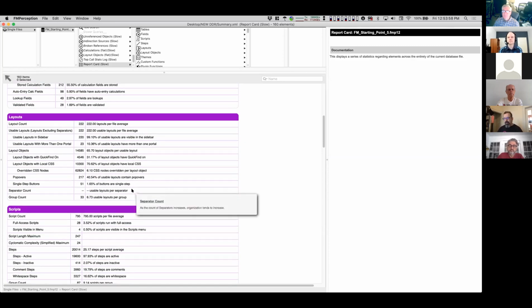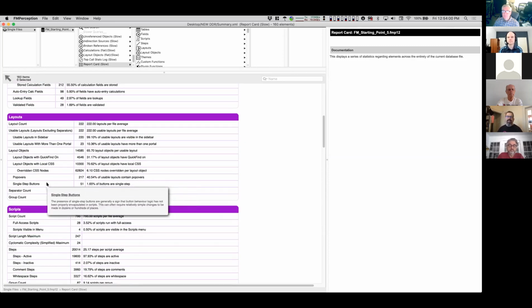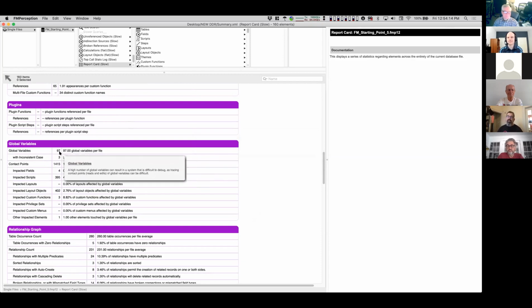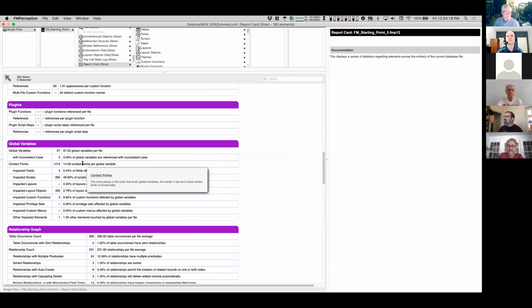layouts, scripts, single step buttons. So these are buttons that do something other than perform script. If that number says 2,486, I know that this is going to be fun to work with. We saw the global variables list earlier. There's 97 global variables. But one of the things Todd asked for was the ability to tell